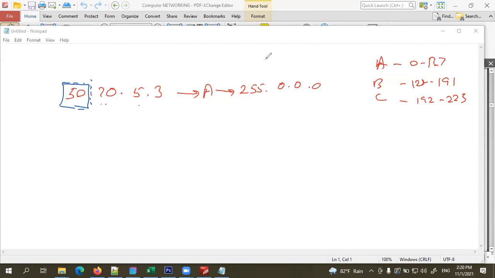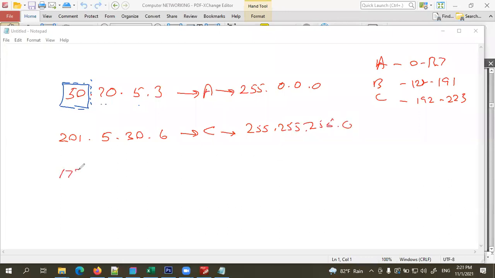Okay. Next one, 201.5.30.6. What is the class? Yes, this is class C. Therefore, the subnet mask should be 255.255.255.0.